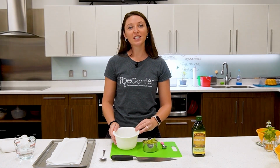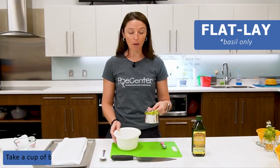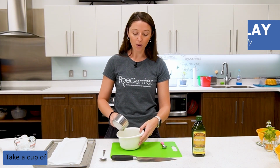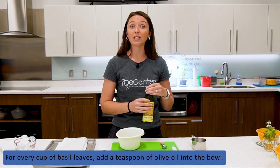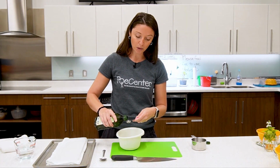Our next preservation technique is called a flat lay. So what you're gonna wanna do is take about a cup of whole basil leaves, place them in a bowl, and for every 1 cup of basil leaves, you're gonna want about a teaspoon of olive oil. So we'll take our teaspoon